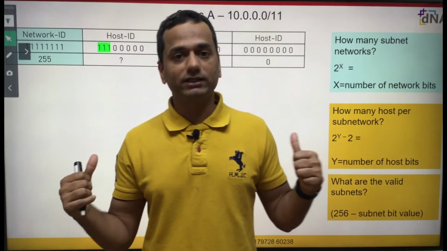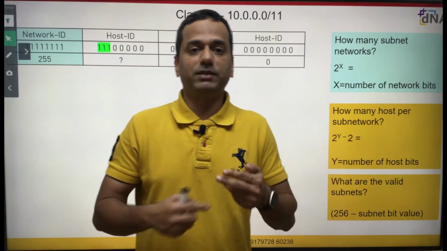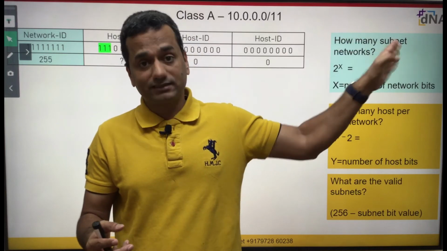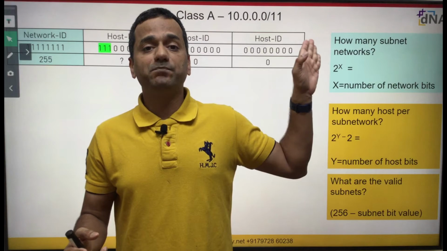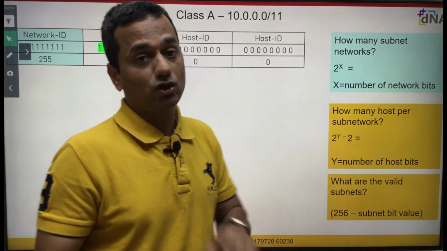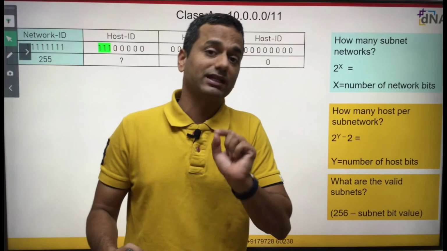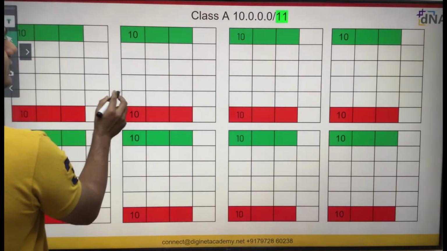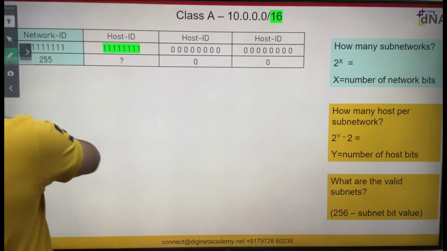So guys, let's try /12, 13, 14, 15 and 16 with the same logic. Let's do one thing: treat this as your homework. So let's play around with the /16. What if we have a /16? How will your class A subnetwork behave? Because /16 is the default subnet mask of class B. So consider, guys, I have a /16. So let's start.